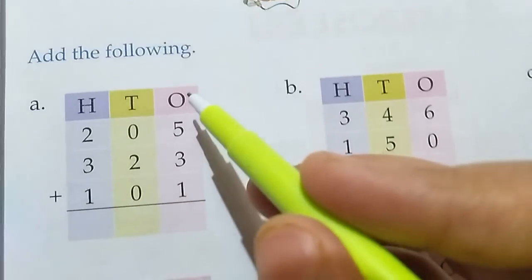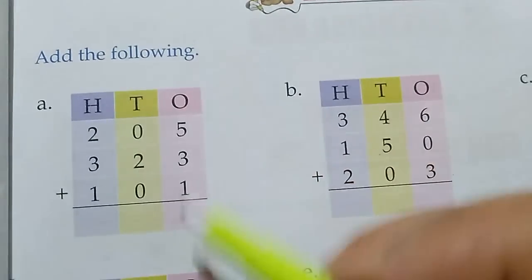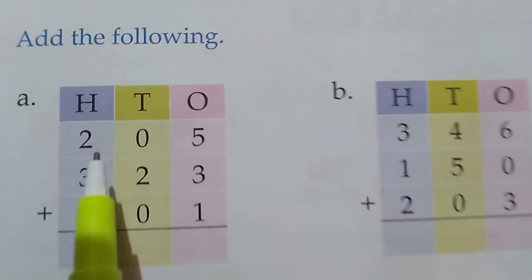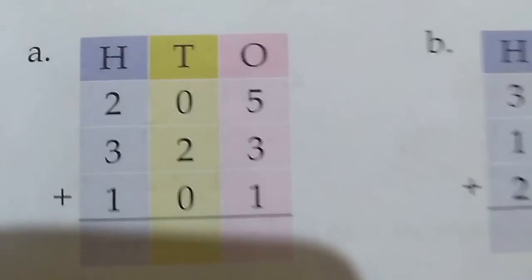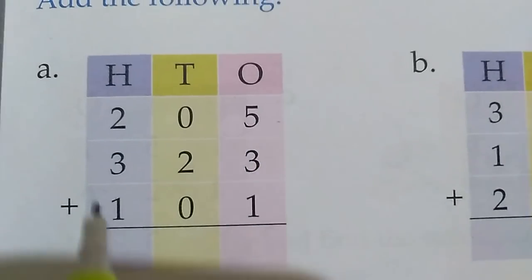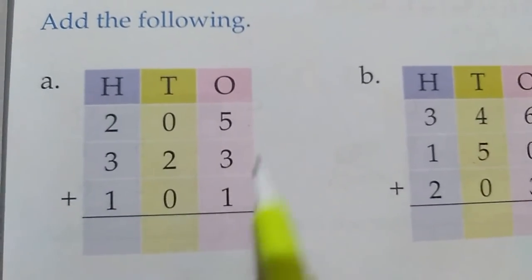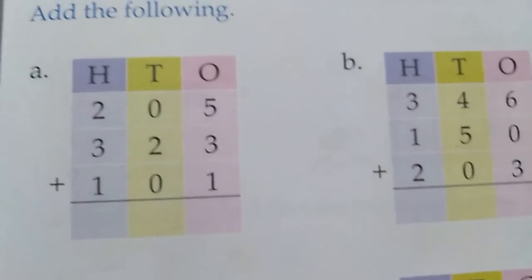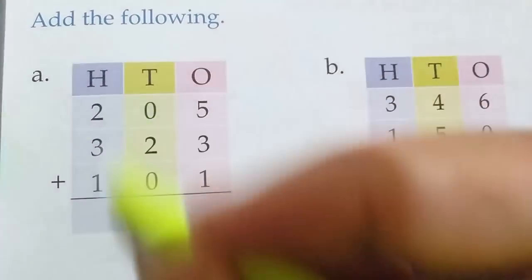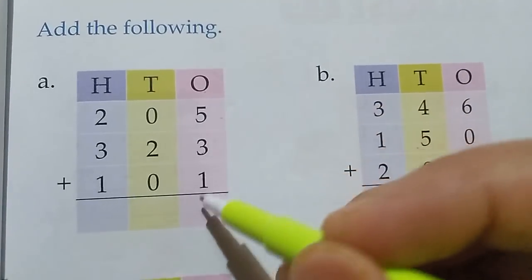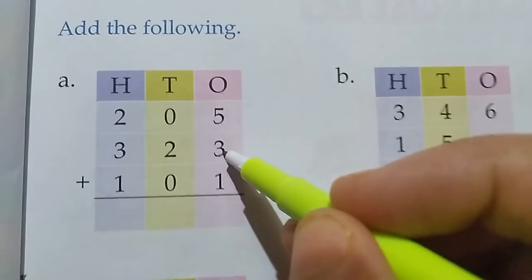So as usual, whenever we add, we start adding from ones place only, okay. Always keep it in your mind. So which numbers we have to add? See, 205 plus 323 plus 101. So we have to add these 3 numbers, okay, but we will add according to the place value. Now at ones place we have 5, 3, 1. So 5 plus 3, 8, plus 1